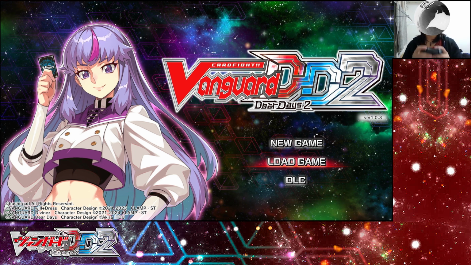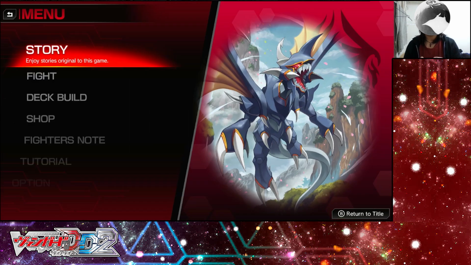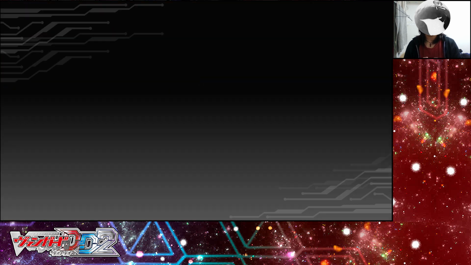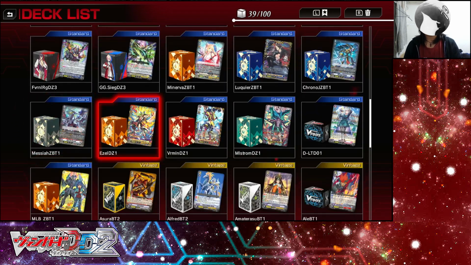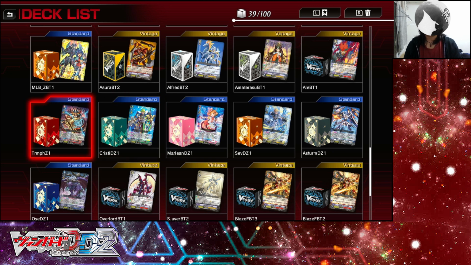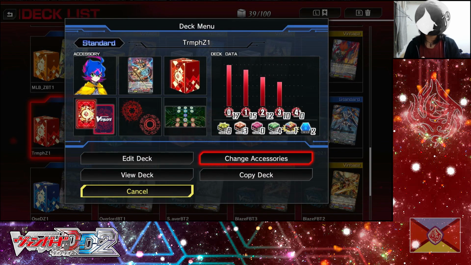Alright, let's get started. Pressing the A button now. Loading the game and proceeding. Here we are in the main menu, off to the deck build menu. Here we are in the deck list menu, and in today's video, the deck profile I'm going to make is a Dragon Empires,